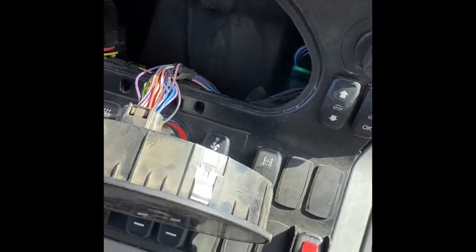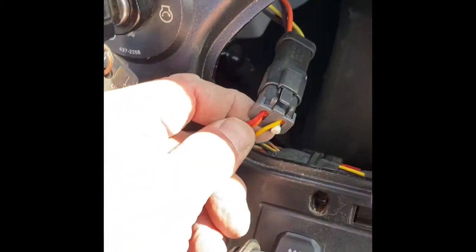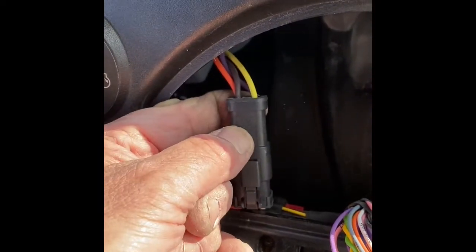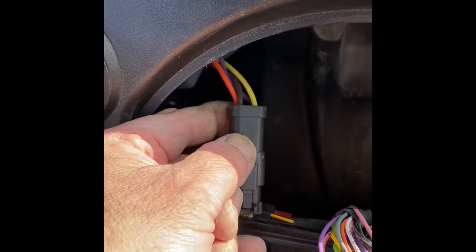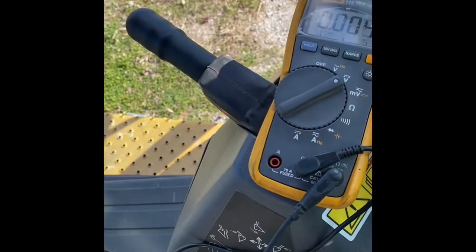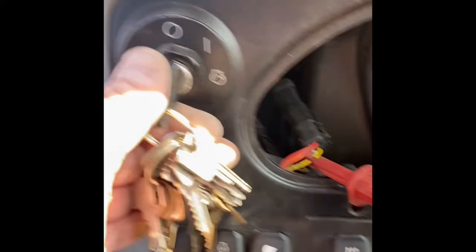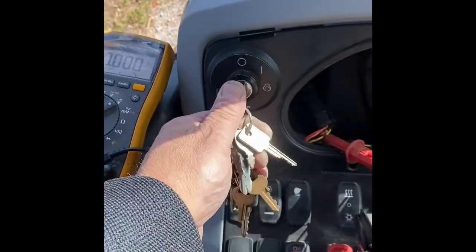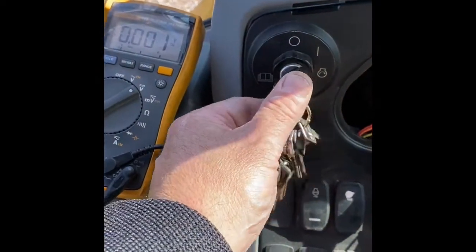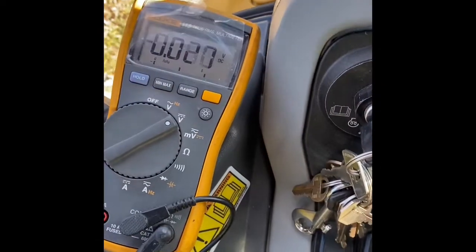And we got all the space back here. And Caterpillar, notorious for what they do, they have a plug with yellow and orange. One is going to be hot, one's going to be ignition. So with our meter all set up and our probe going to the yellow wire, let's see what we got